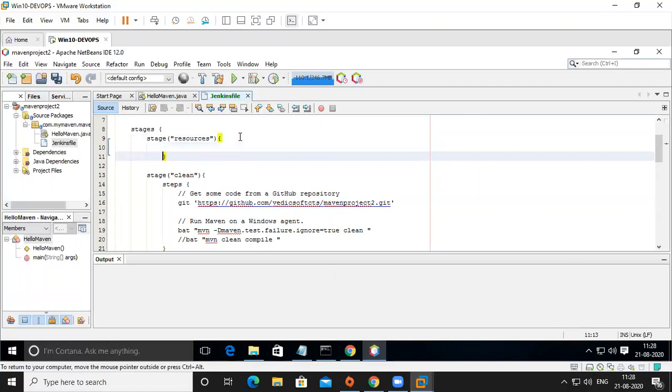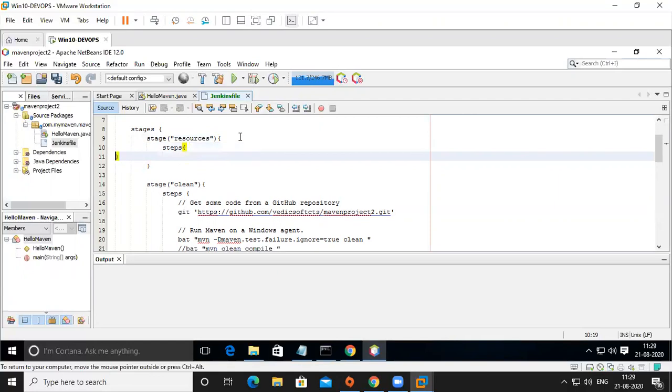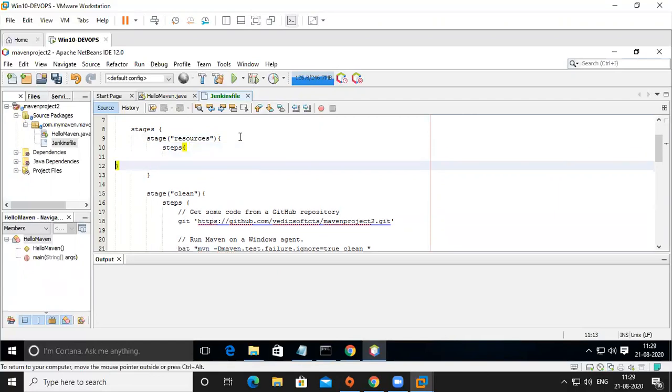Okay, actually I will put this one here. Steps. So if you have more other step or steps, and then, okay, for this one this is the closure. Okay, here I am going to put the step, this one.